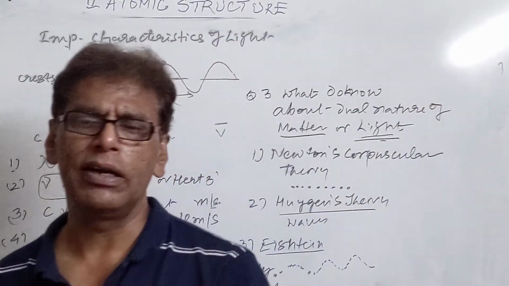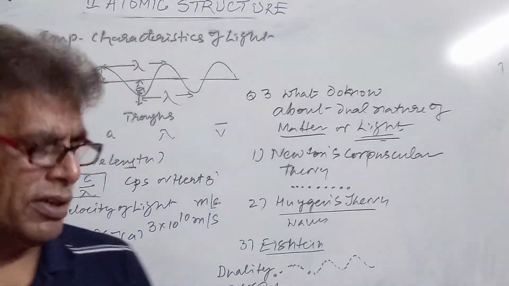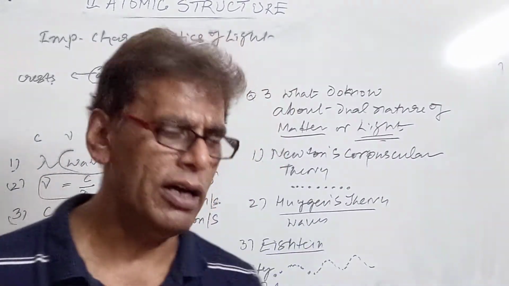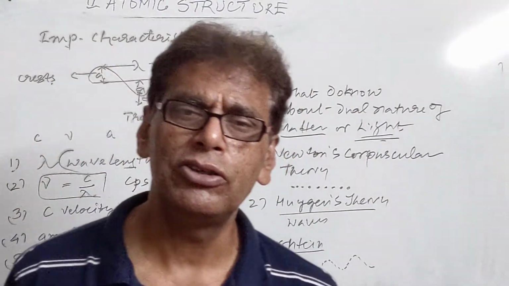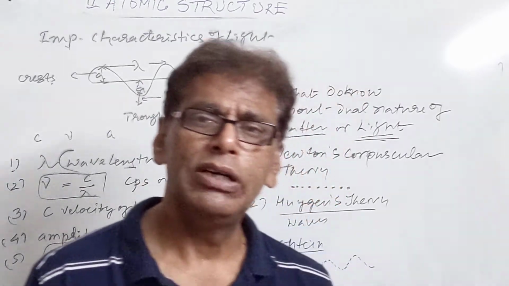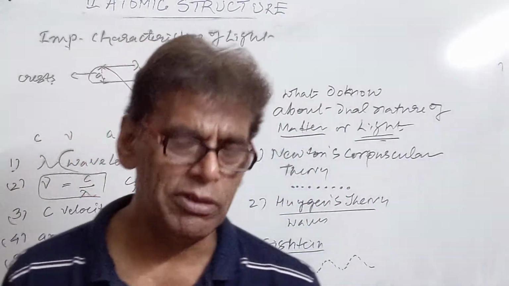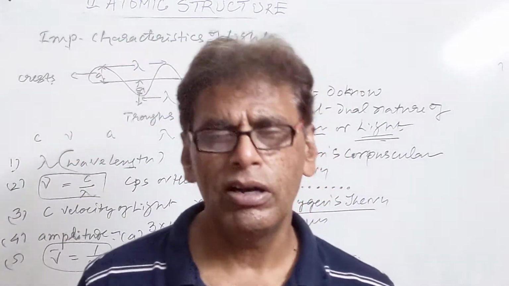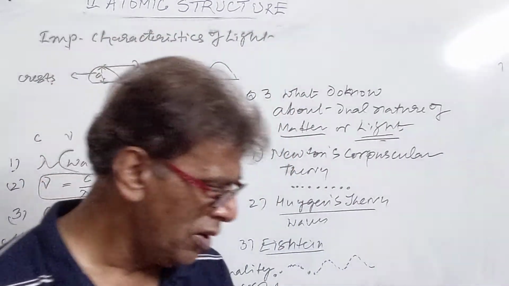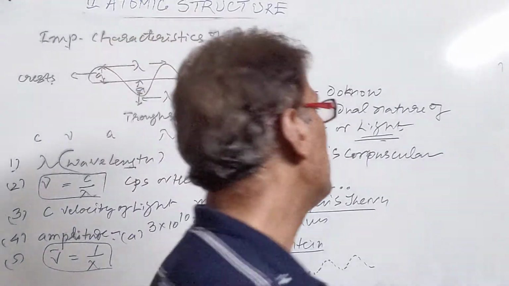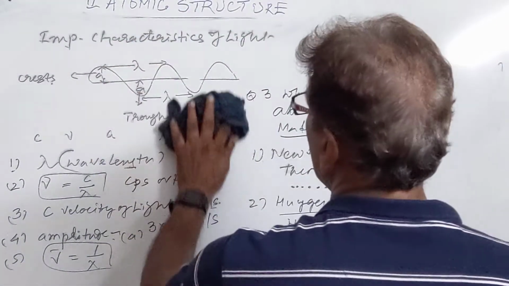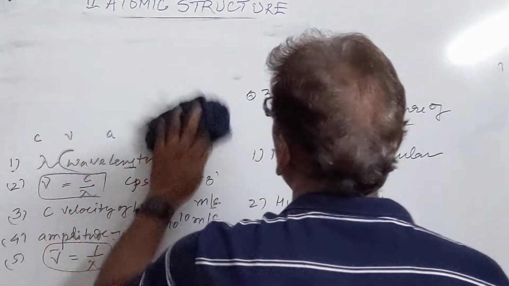It is made of particles which are called photons. These particles are too light to be disturbed by the atmospheric air. That's why they travel in the form of waves. This theory was given by Huygens. The first theory, the particulate theory, was given by Newton. Einstein later on combined both the theories: light is made of highly energetic particles called photons. These particles travel in the form of waves, therefore light possesses dual character.